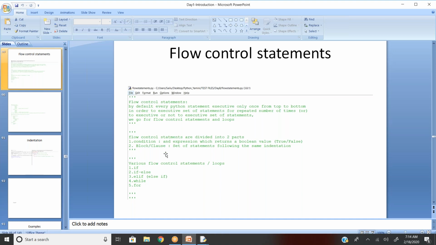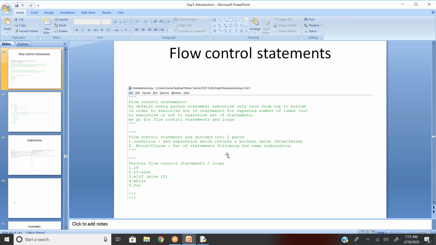So flow control statements are divided into two parts. The first one is a condition, the second one is a block. Conditions are expressions which return a boolean value, true or false. If it's true, one block is executed; if it's false, another block is executed. A block is a set of statements followed by some indentation.